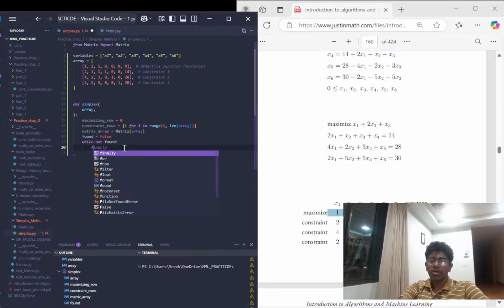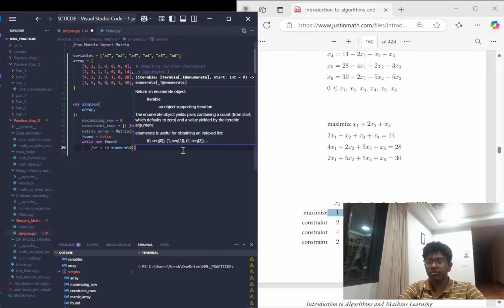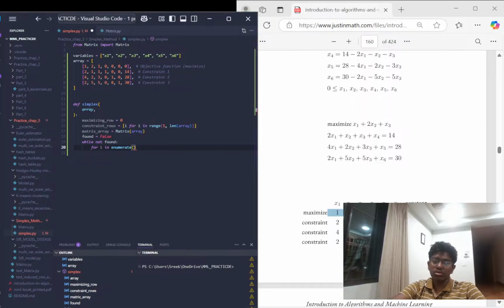Yeah, we'll just do it the old fashioned way, which is we'll basically just find the matrix and solve for it. So for i in enumerate, and enumerating, basically you guys know what enumerating does. And what are we doing here? We're doing matrix array dot matrix, and this is the maximizing row. So in the maximizing row, we want to find